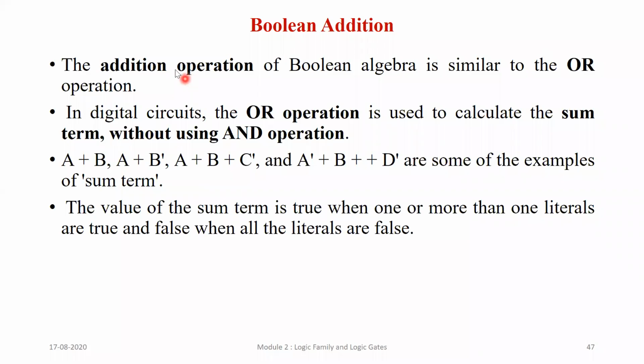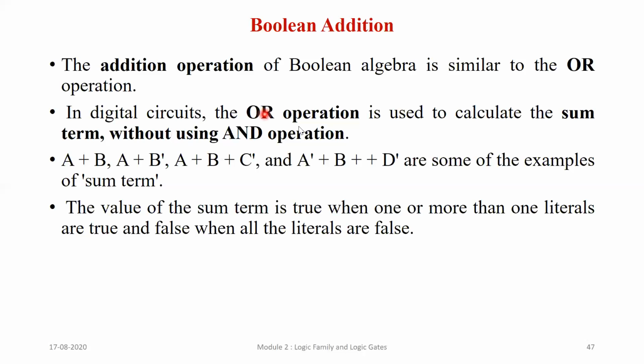Okay. So suppose I have the addition operation. So the addition operation, suppose it can be a plus b or a plus b complement, or it can be a plus b plus c complement. Okay. So suppose this is one operation. If I want to implement that operation using logic IC, what will I use? Addition means ORing operation, right? For that, we will use an OR gate.